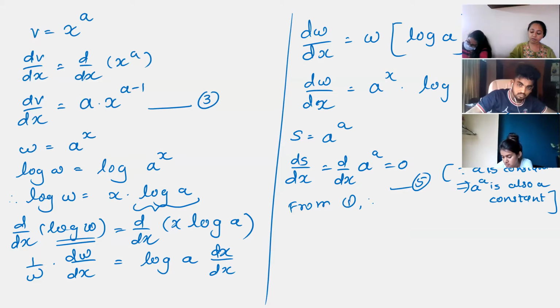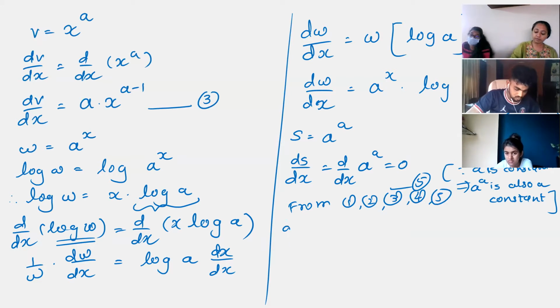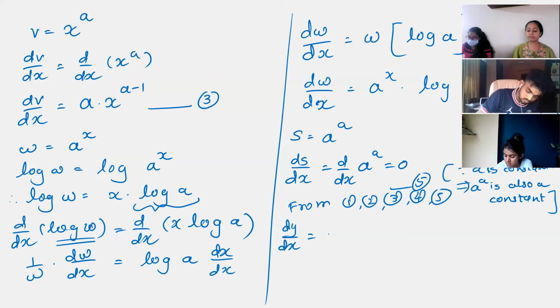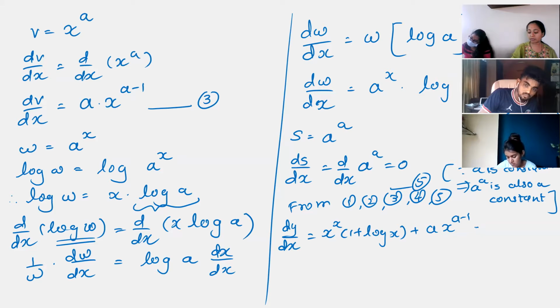From 1, 2, 3, 4, 5, dy by dx. These 1, 2 give du by dx. du by dx is x to the power x into 1 plus log x. 3 is a into x to the power a minus 1 as dv by dx, plus dw by dx is a to the power x into log a, and ds by dx is 0. That means